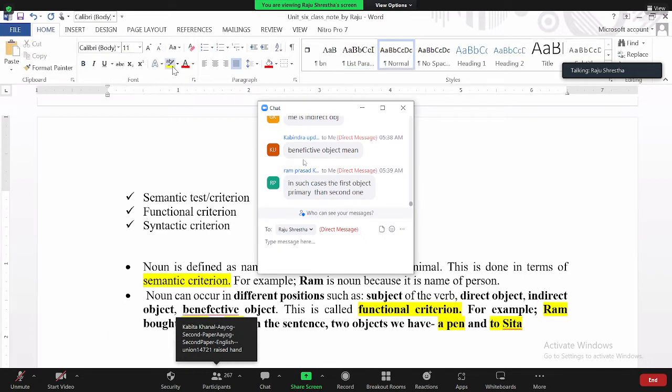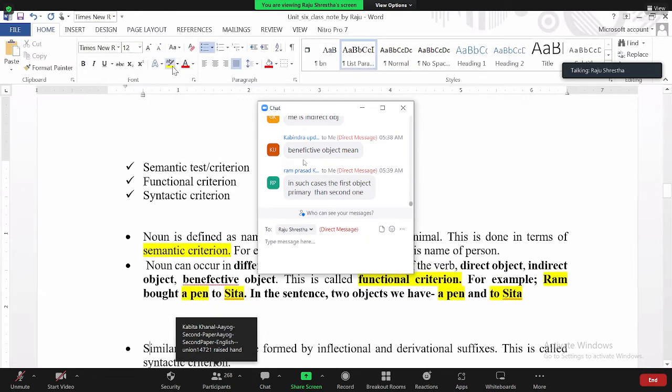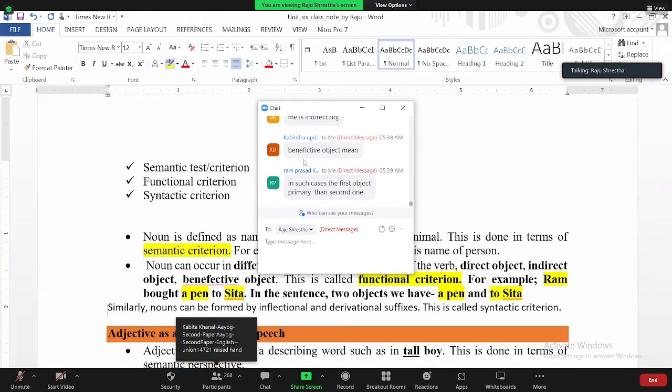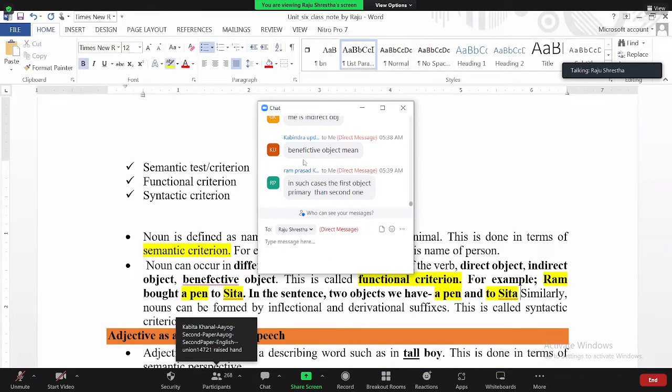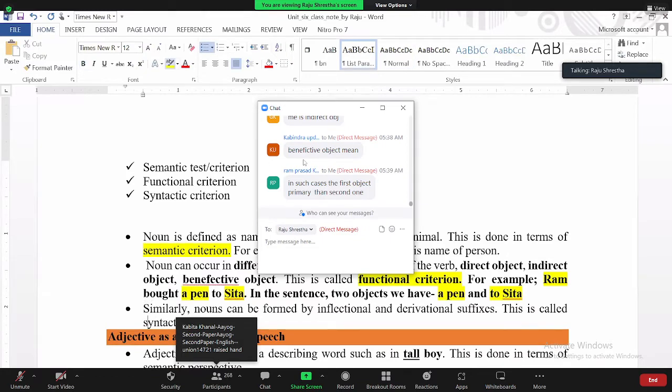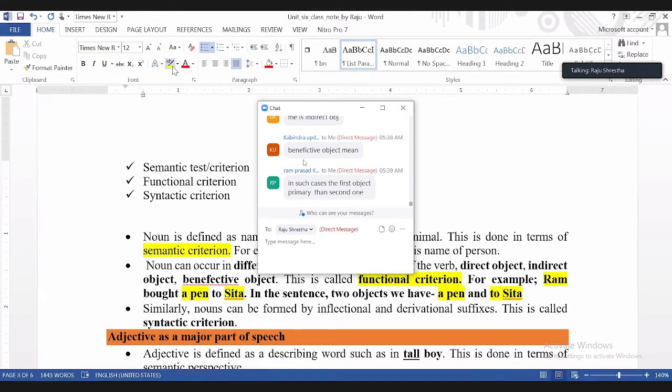This is called the functional perspective. The other one is the syntactic criterion. We also have to look from the syntactic criterion. Syntactic criterion means nouns can be formed by inflectional and derivational suffixes. This is called the syntactic criterion. You can give an example of it. For example,